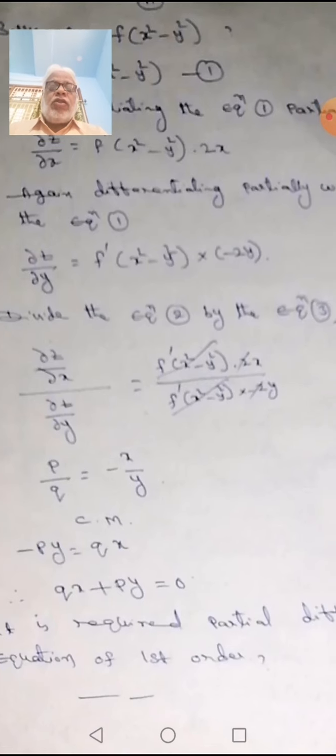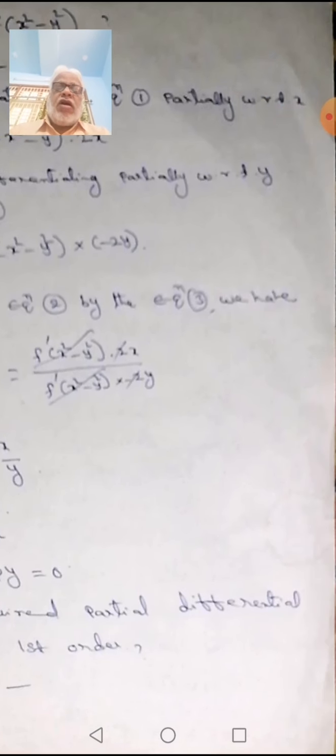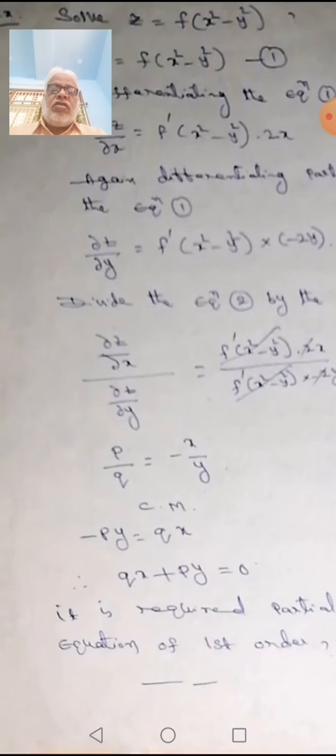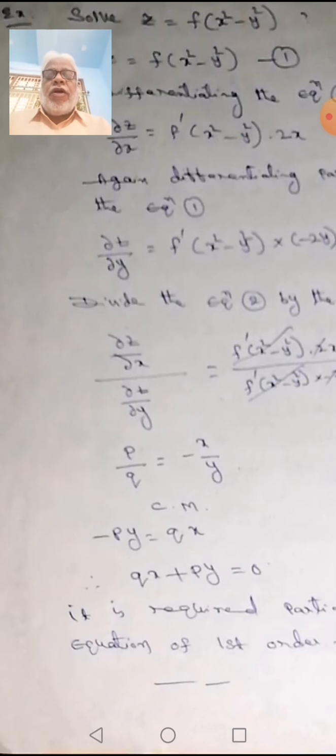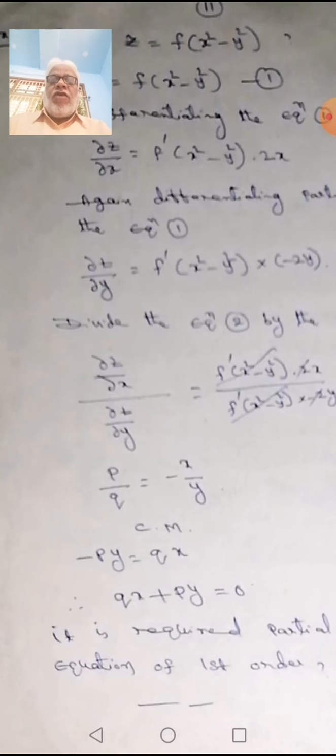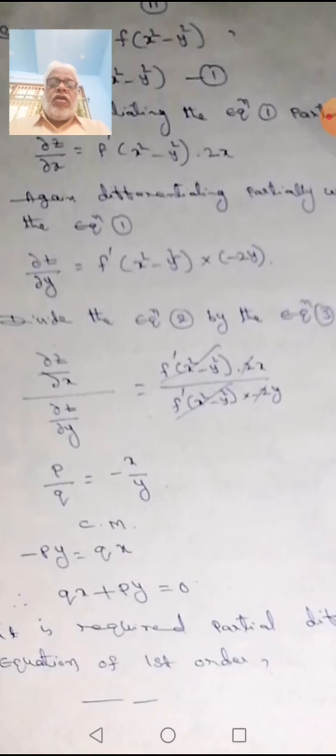Divide equation 2 by equation 3, or 3 by 2, whatever you got. So dou z by dou x by dou z by dou y. What is dou z by dou x? That is f dash of x square minus y square into 2x. And what is dou z by dou y? That is f dash of x square minus y square into minus 2y. Here the 2 cancels, and f dash of x square minus y square cancels in the numerator and denominator. Finally, what we get? P by q is equal to